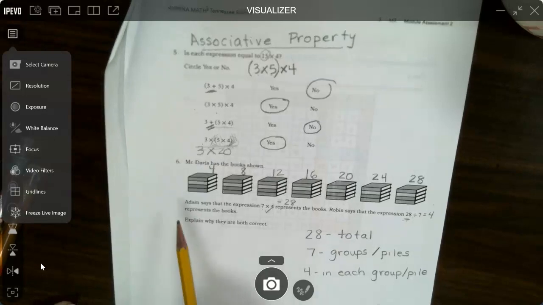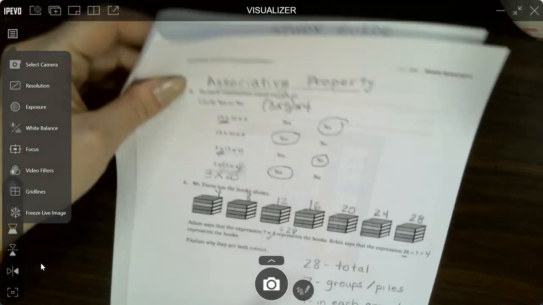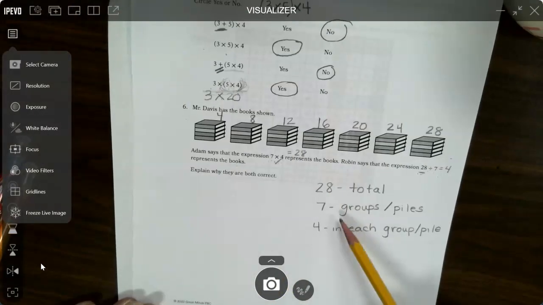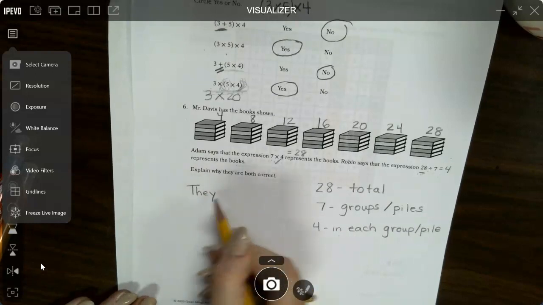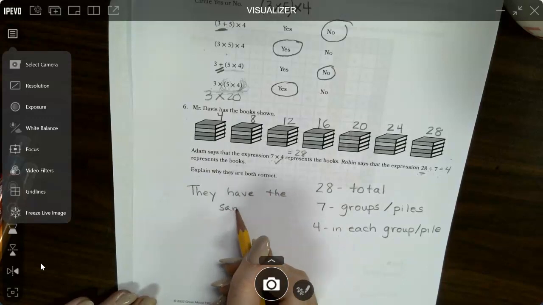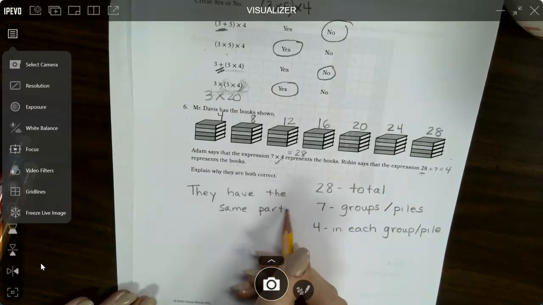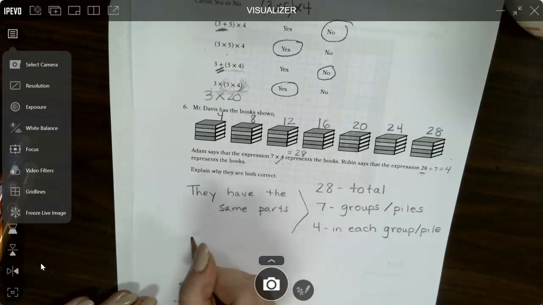It says he says that both, then they say, explain why they are both correct. So basically, this labeling is a very good way to start by explaining how they're both correct. They have the same parts. And you could simply label those parts like I did here, okay? Or you could say something like